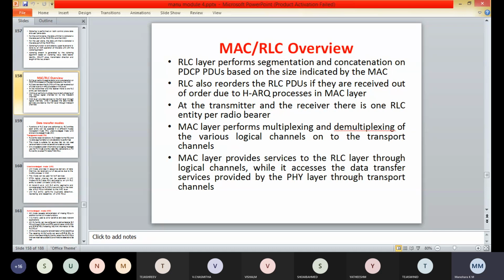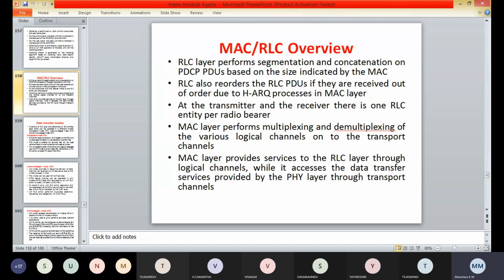Here the MAC layer will provide services to the logical channels and access the data services provided by the physical layer through the transport channels.